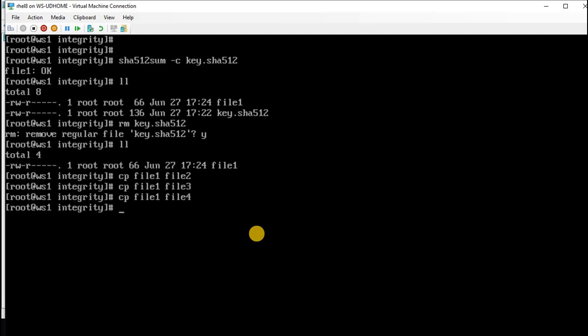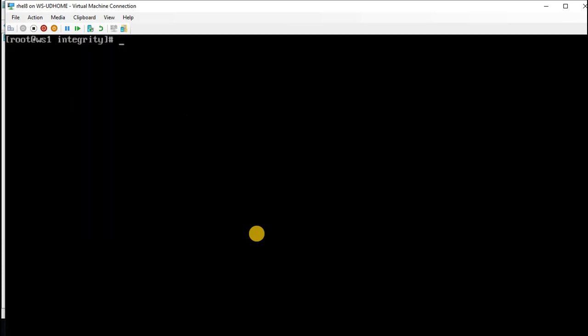Fine. So many files are there. I can modify if you want. Greater than file2, something I am going to add. Control D. Enough. Let it be the same, no problem.